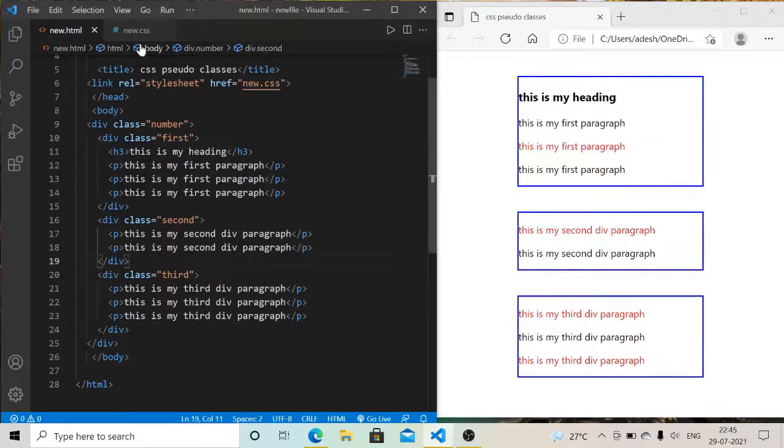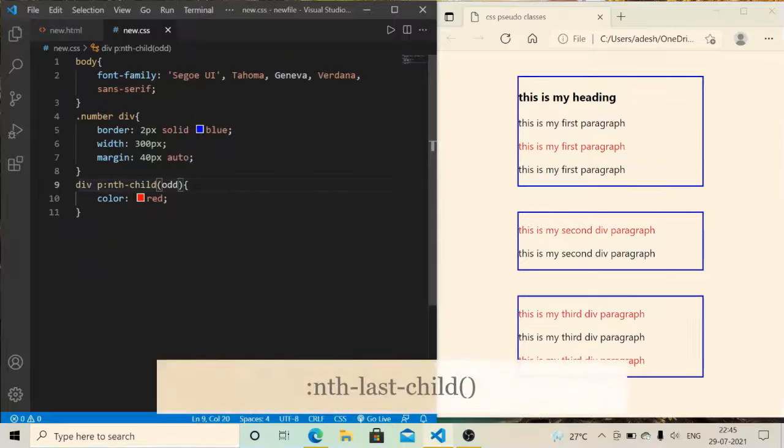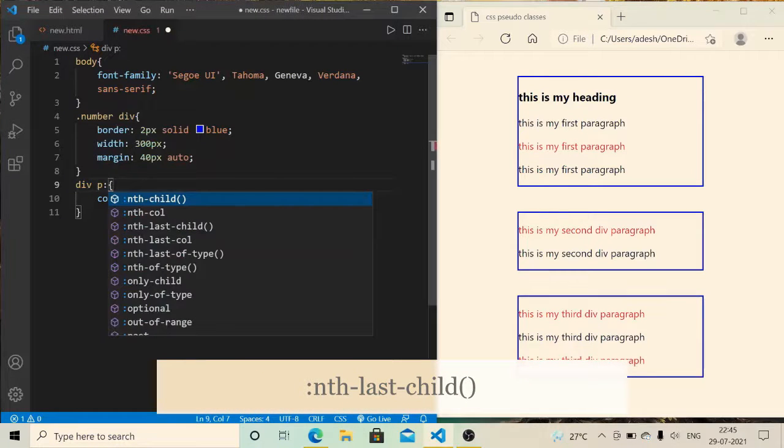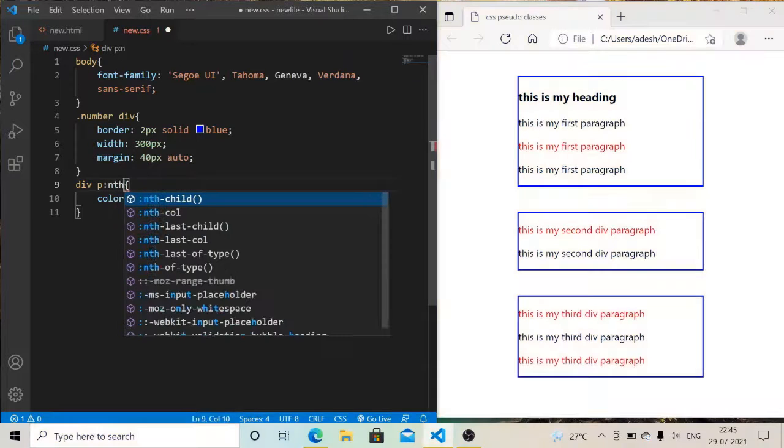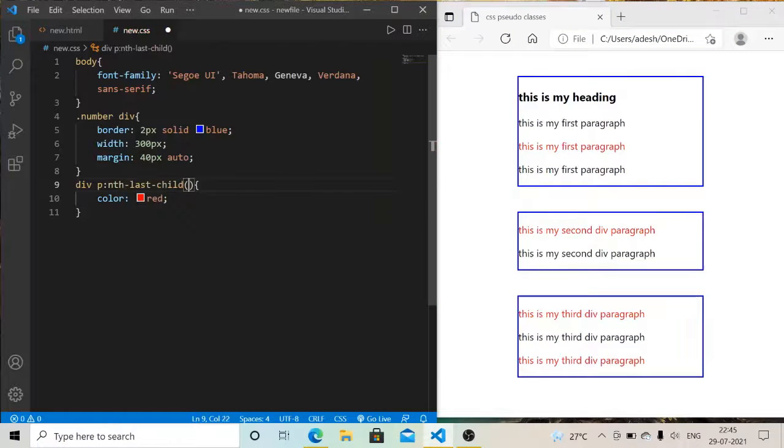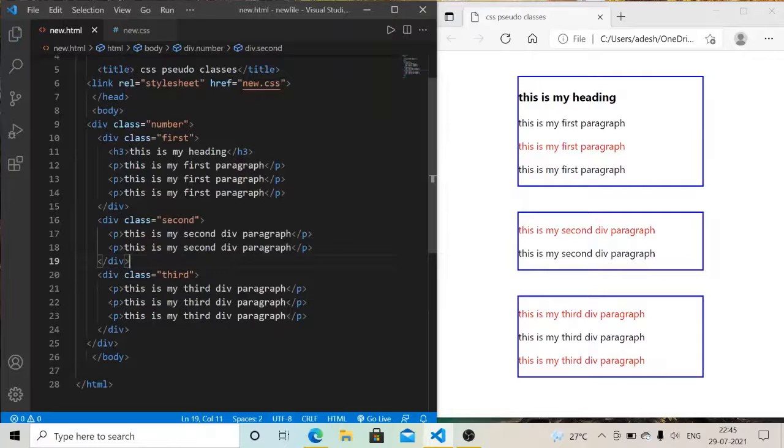Okay, so the next pseudo class is nth last child. Nth last child works like nth child but in the opposite direction. So if you write here nth last child and give 1, then it will check which parent element has the last child as a paragraph.